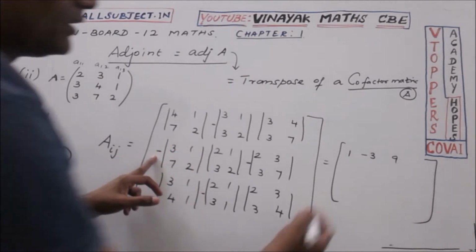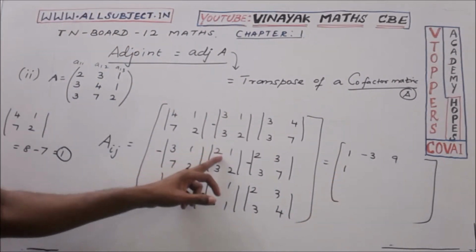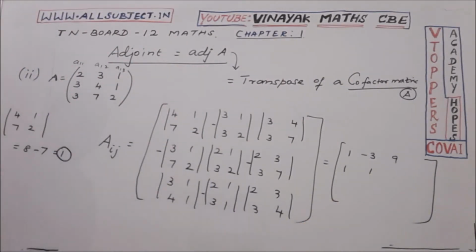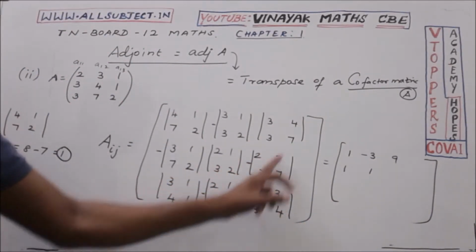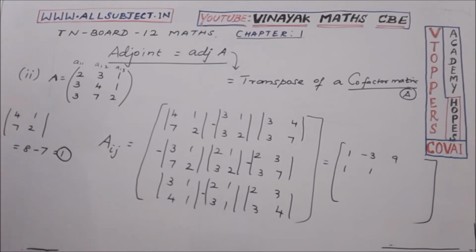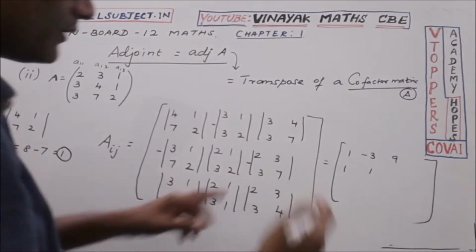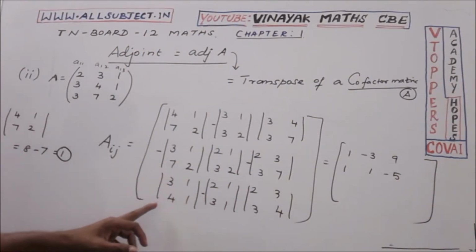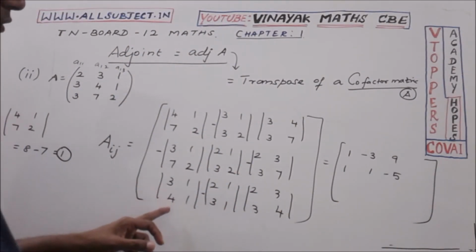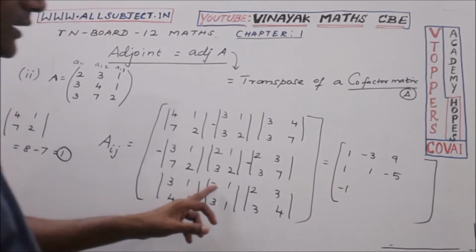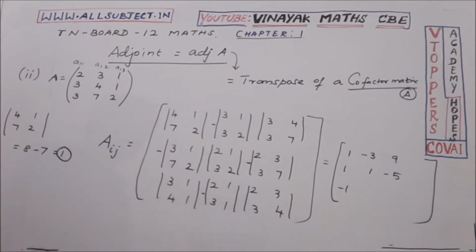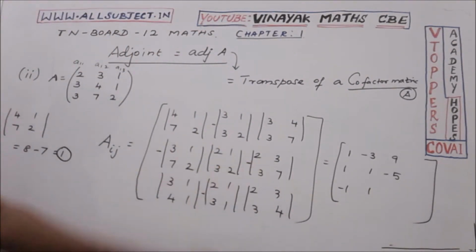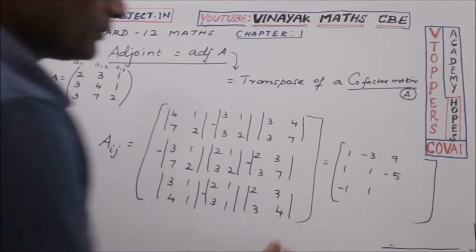And then we have minus here, that is plus 1. Here 4 minus 3 is 1. So write it here 1. And then move to the next one. 14 minus 9 is 5, and we have minus sign here, minus 5. And then here 3 minus 4, that is minus 1 appears here. Then 2 minus 3 is minus 1. We have one more minus here, so that is plus 1. And here 8 minus 9, that is equal to minus 1.